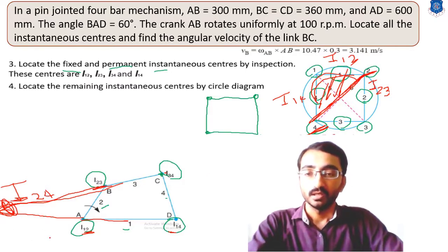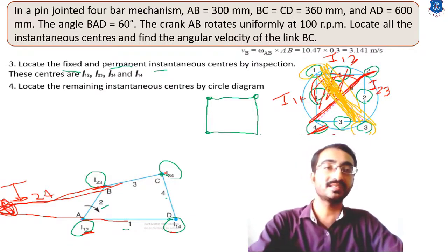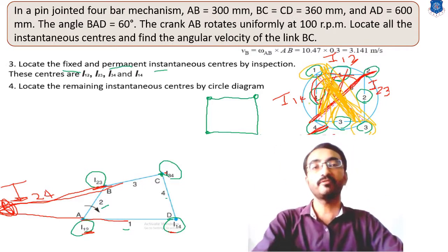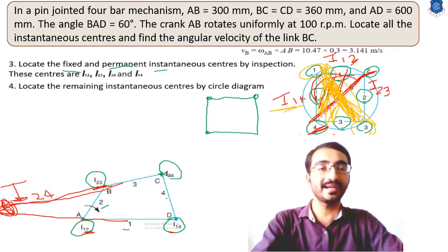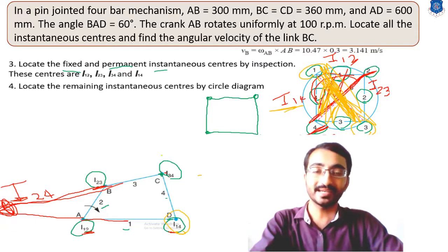Okay, so now observe this diagram properly. In this case, to connect I1 and I3, to make this triangle we have 2 options: either we connect the bottom triangle or the upper one. So for the first, the bottom one, we can say I14 and I34. So let's connect I14 and I34. In this diagram I14 is at your bottom point, and the second one is your I34, that is this point. So I14 and I34 will give us the extension like this.